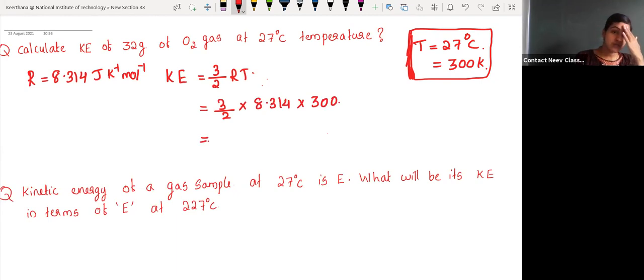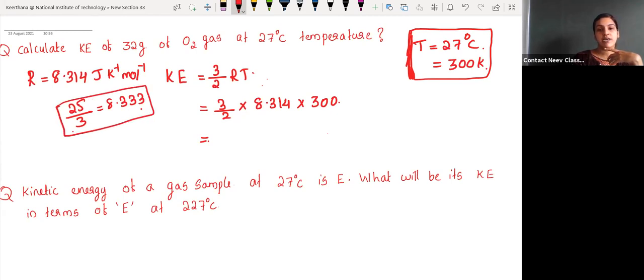And in competitive exams, instead of taking 8.314, you can take 25/3, which will be equal to 8.333 only. But in objective questions, options will be there, so if you got the approximate value, you can easily select that. If you're writing a subjective test exam, you have to use the 8.314 value itself. But for competitive, objective types of exams, you can take R as 25/3. Then calculation will be easy.